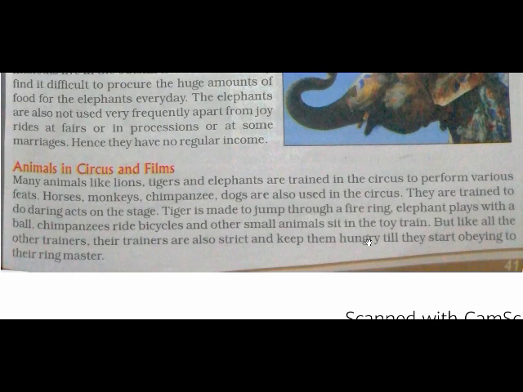So that when the fire ring will be given, some chimpanzee or monkey or horses need to jump through these fire rings. So like this, different animals are trained. You can see some chimpanzees riding bicycle, like some animals sit in the toy train. So these things, they are very hardly trained in such a way that they have to listen to the ringmaster, so that people can get entertained and the people will give money, so that the ringmaster will survive on that